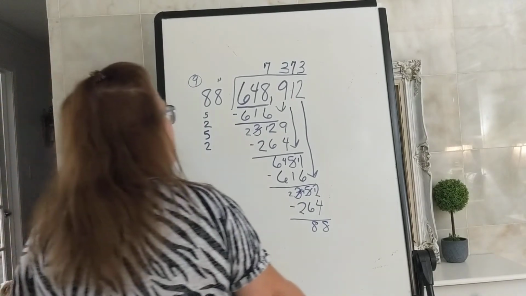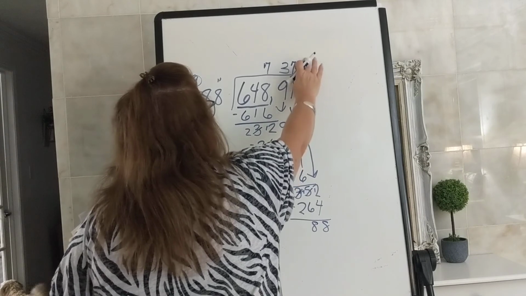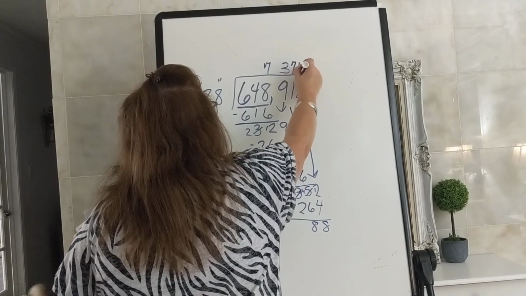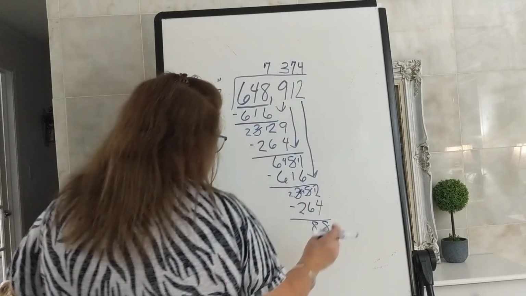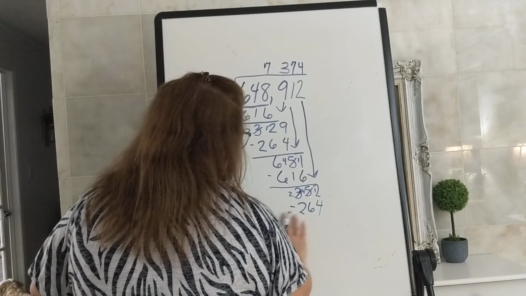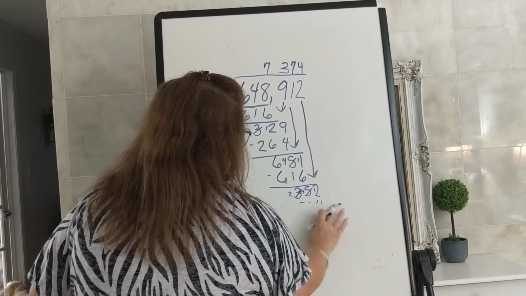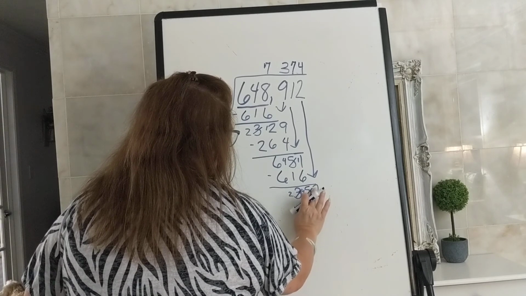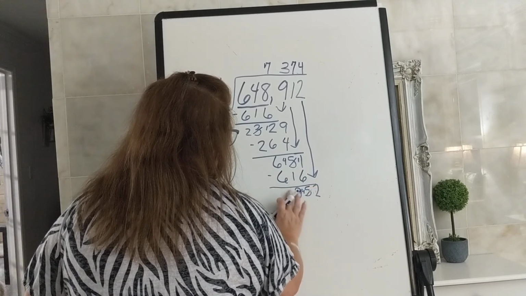So, what does that mean? We have to come back up here, and instead of a 3, we need to make it a 4. And then we come down here, erase your 88 where you subtracted. Erase 264 where you multiplied, and then fix your numbers back where you borrowed from, okay? So you should have 352